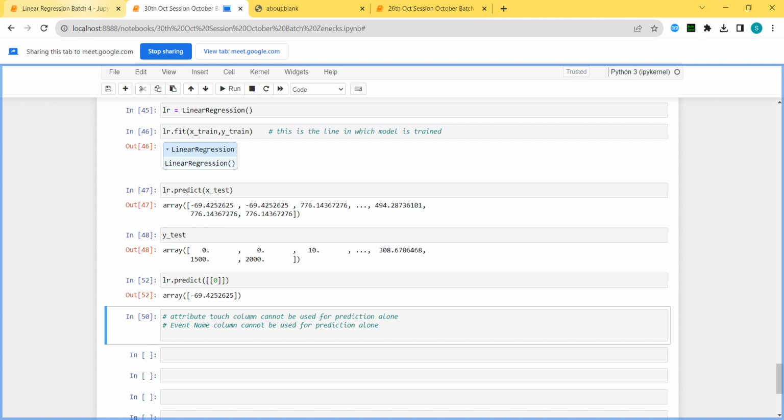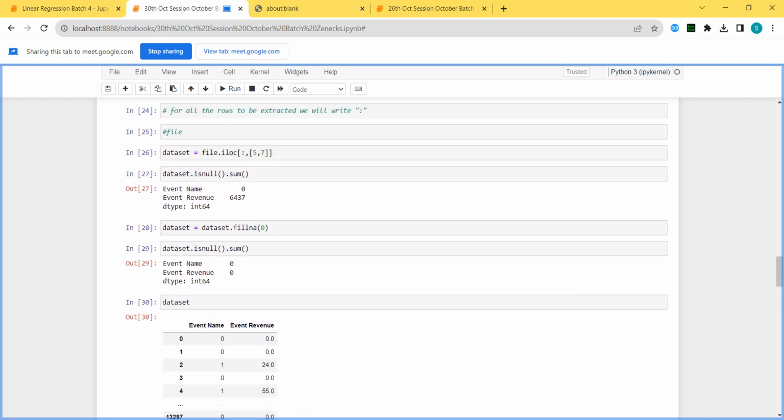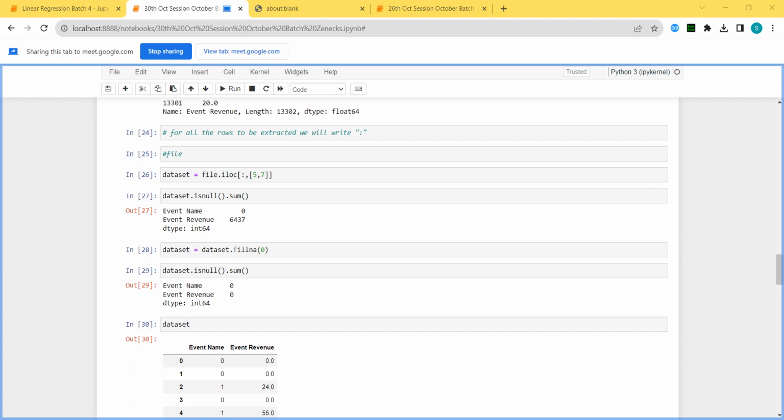Regression will be the same thing, but only the variables will change. Here only a single variable was there, now multiple variables will be there in X. You can take two, three, four, five variables in the x. That is going to make the only difference. Other than that, it is not going to make any kind of difference.